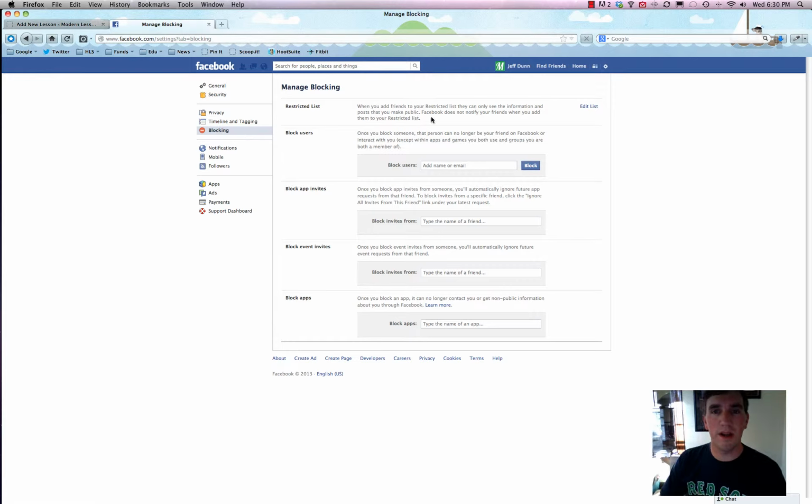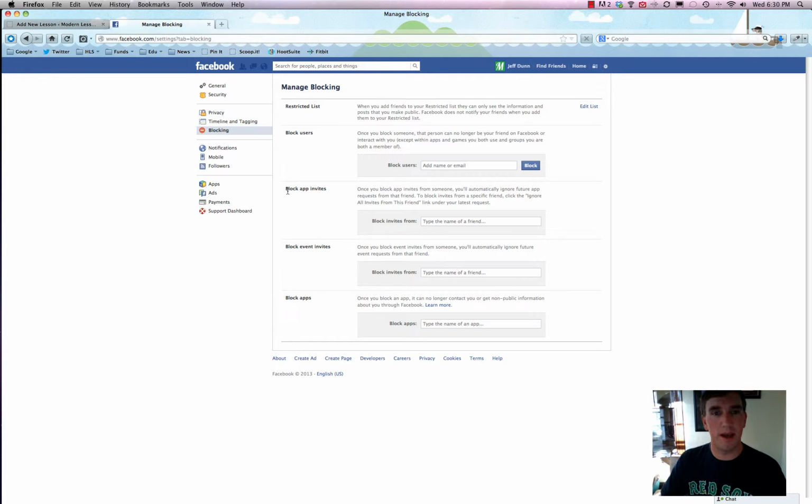But it's all pretty clear at this point because Facebook got a ton of blowback for not being that easy to manage your privacy. And with a billion plus users, that's a big deal. And here's the blocking list. If you're a new user, this may not be that useful, but if you're an old hat at Facebook, you